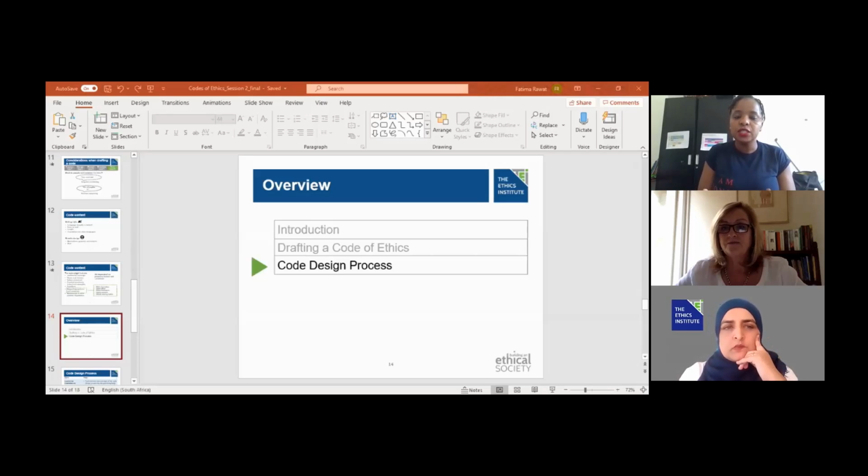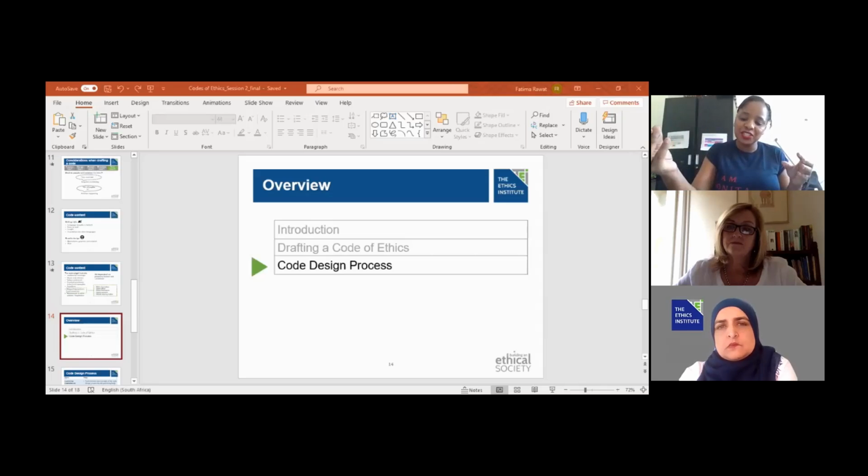So you do need to do your risk assessments. You do need to speak to people. You do need to have your forums, your discussions, your surveys, and all of that is what is going to feed into what should be in your code of ethics. Because at the end of the day, your promises need to match the expectations. They're not going to match every time because we humans sometimes have irrational expectations, and sometimes it's not possible to attend to everyone's expectations.